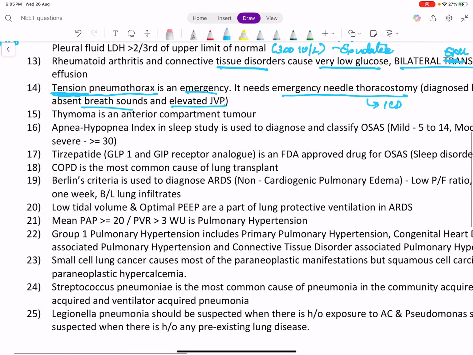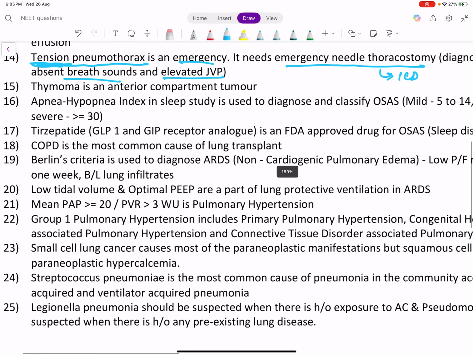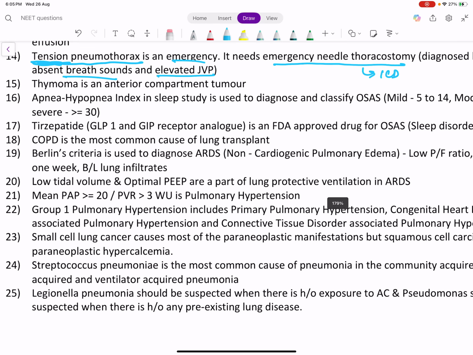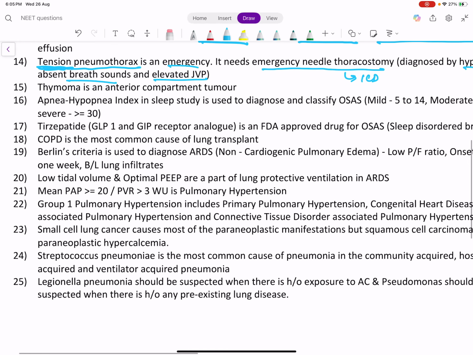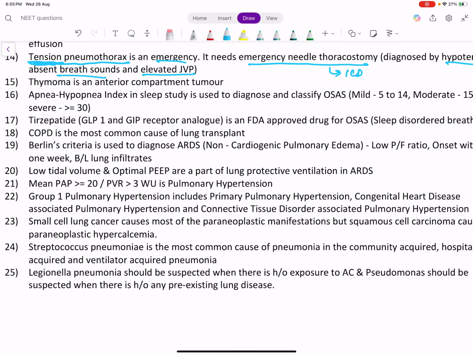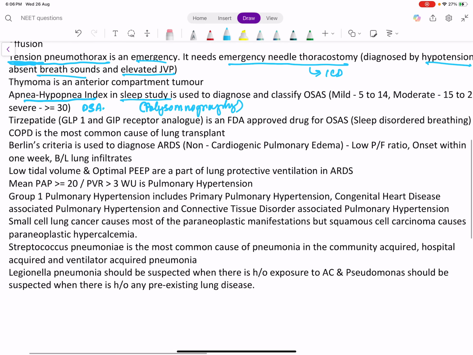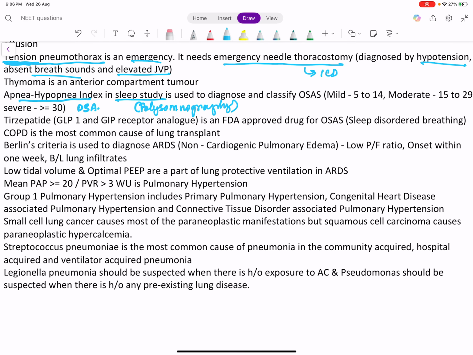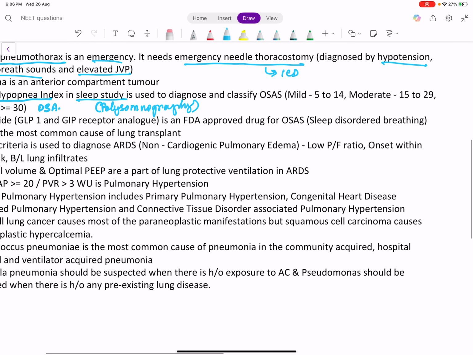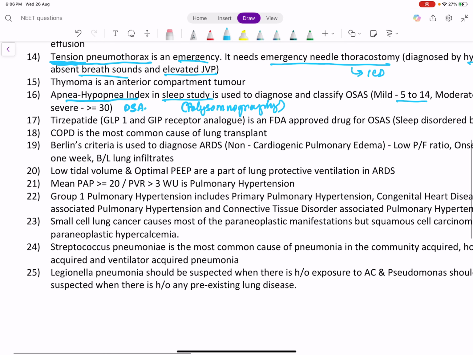And about mediastinal tumors, at least if you remember, thymoma is an anterior compartment tumor, that is enough. Now a point about obstructive sleep apnea. It is diagnosed by sleep study, also called polysomnography. What we measure in polysomnography is an index called AHI, apnea hypopnea index. So it measures the number of apnea hypopnea events in 1 hour. If the AHI is 5 to 14, it's mild OSA, 15 to 29 is moderate OSA, 30 or more is